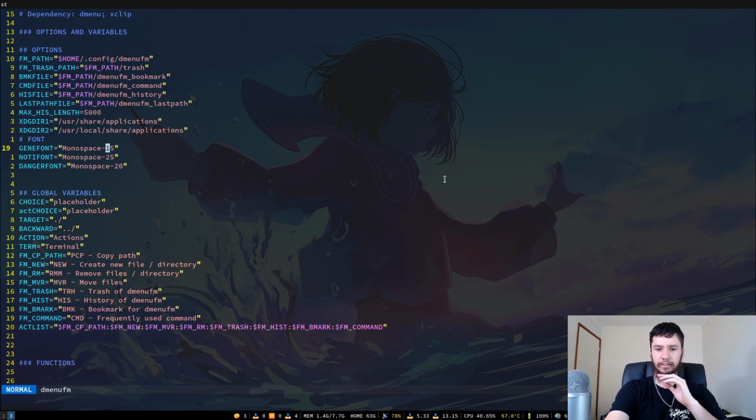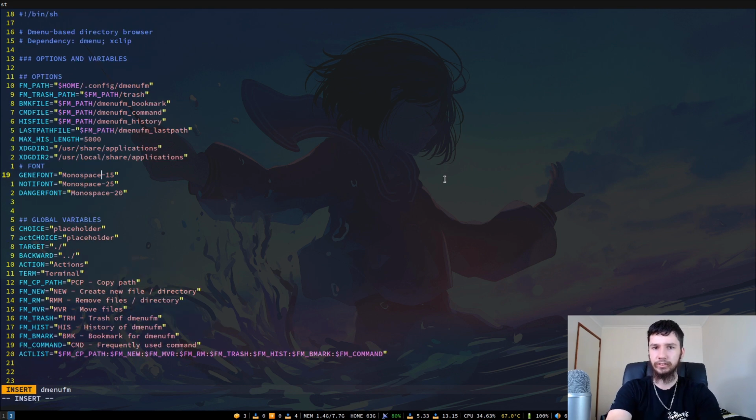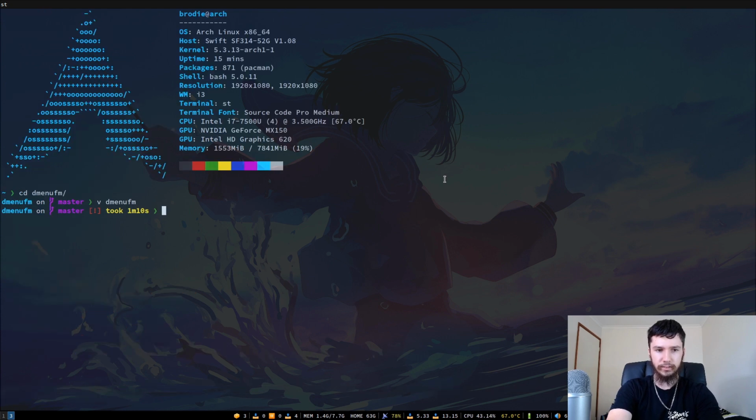This uses the dmenu syntax of setting a font. So it's the font family or font name and then the size. This doesn't actually have to be a font family. If we want to have it as another font, like let's say Source Code Pro Medium, because that is the best font, objectively the best font, fight me if you think otherwise. And let's say we want to have it at size 20 for whatever reason. So now if we